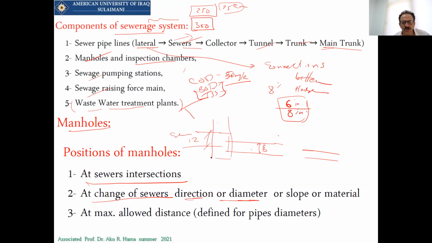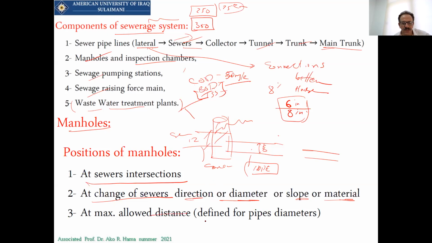You have to construct a manhole here. So for a change in the direction or diameter of the sewer, you have to use a manhole. Or even the material: sometimes this is concrete, this is HDPE, high density polyethylene. We have to use a manhole at a change of the materials.